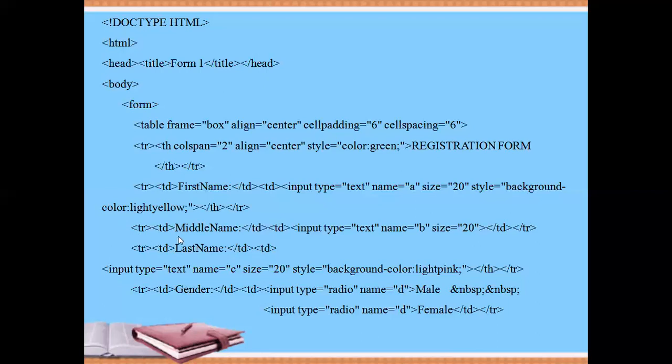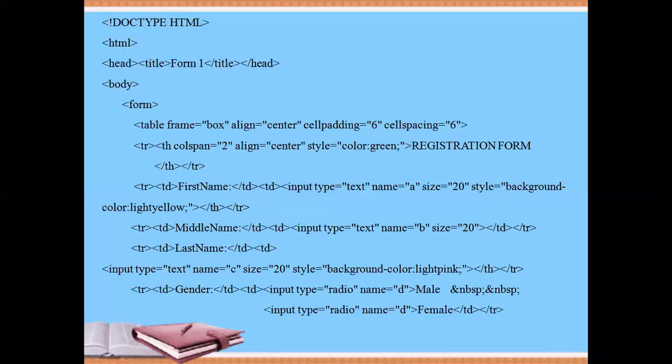Next row will have the middle name. Write it the same way, but don't put CSS in that if you are not putting. TR, TD, middle name, TD close. This will be the text in one cell. Second cell, input type is equal to text, name and size.